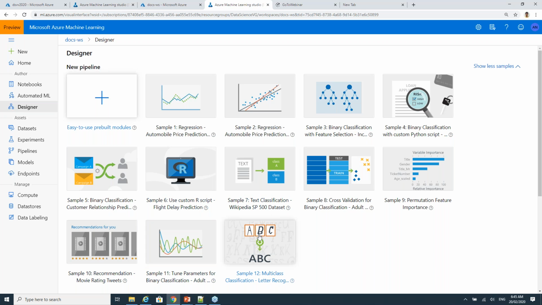Also, a better way to kickstart if you are new to machine learning, I would suggest using the designer to get an understanding, because it will show you step by step how you pull the data and so on. The only difference between the designer and the automated ML is that even in the designer, you still need to know how to choose which algorithm. That is going to be your basis for any machine learning that you do.